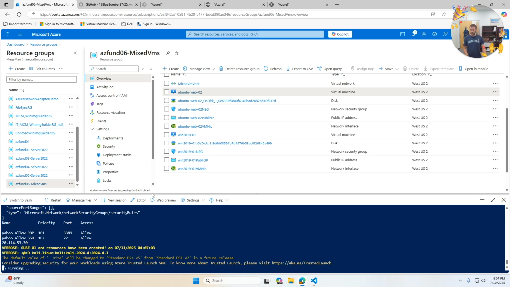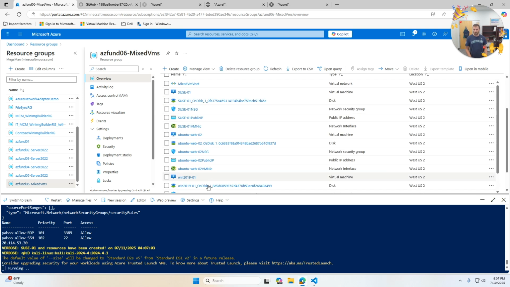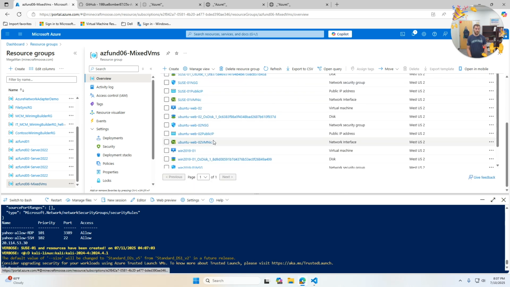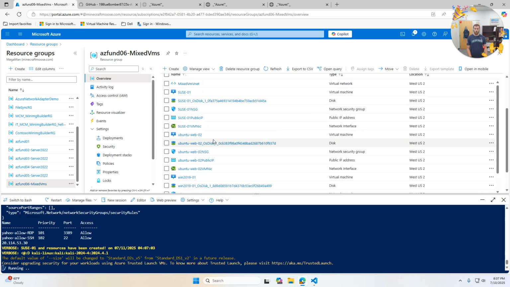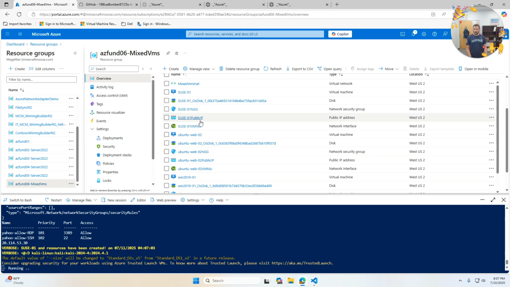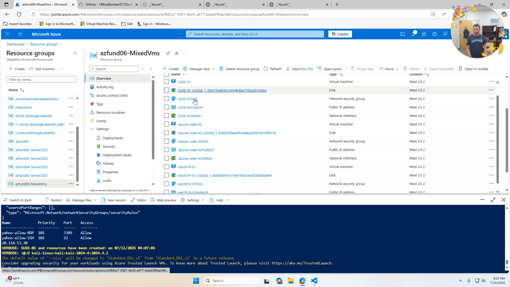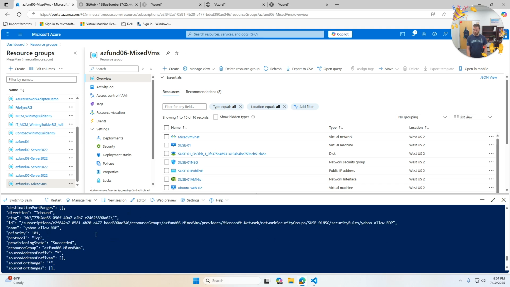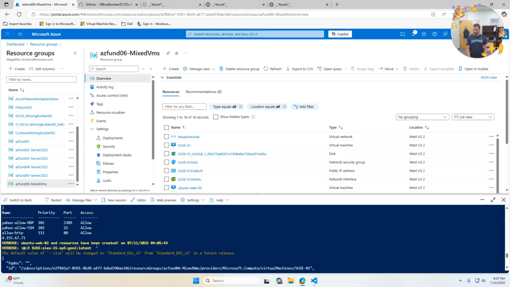Okay, so now it's found the Kali image, and it's creating the Kali VM. So now we're going to see a bunch more resources all jumbled up in here, but again, this is by design. We want all of the resources in the same resource group. So we'll come into the Kali Linux machine. Oh, excuse me. It created the OpenSUSE machine